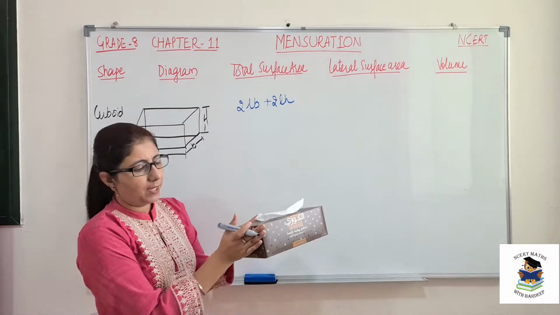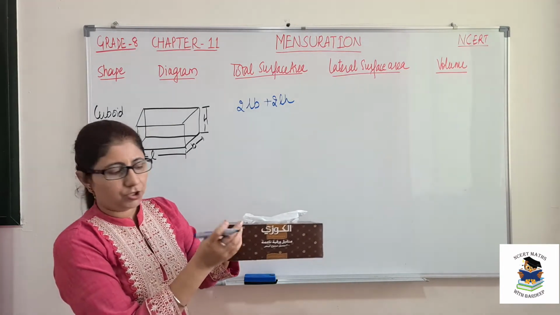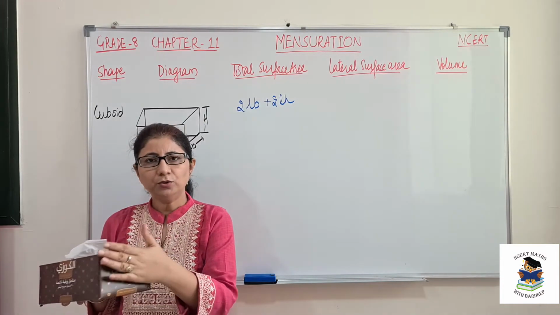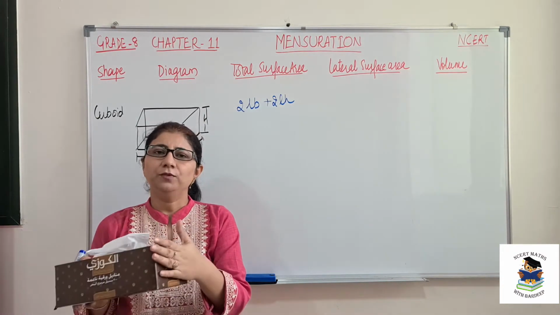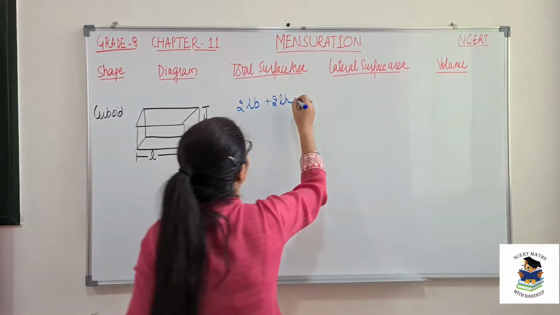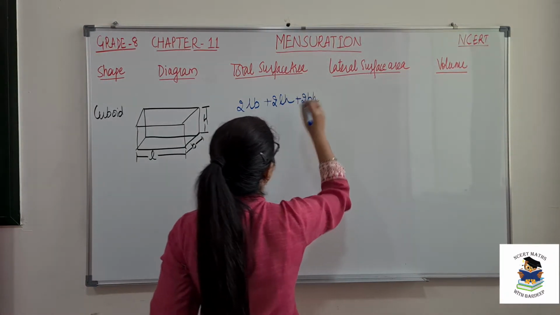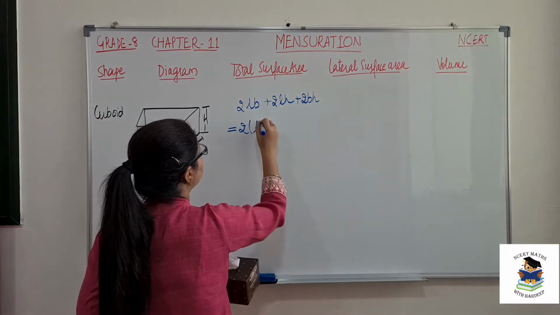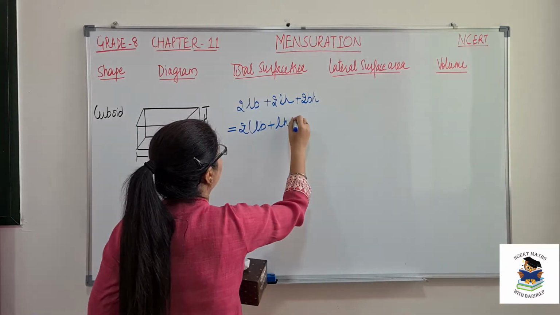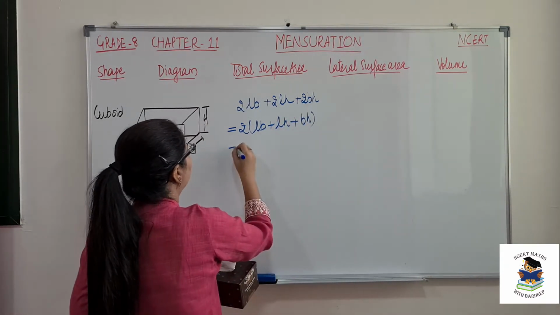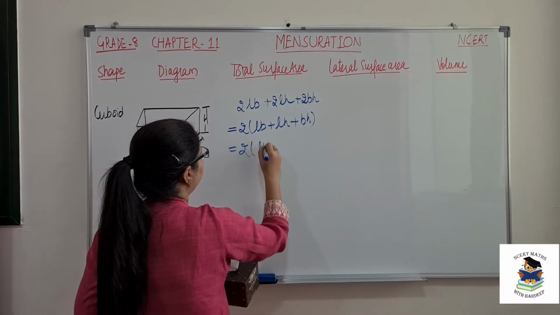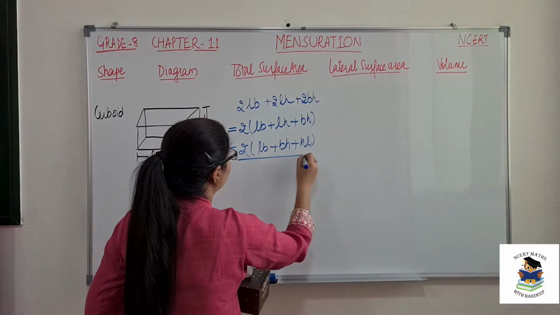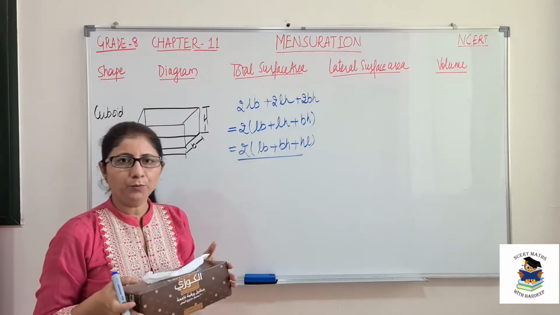Okay, so now let's see this part. This is our B and this is H. So the area of this rectangle will be B into H. According to the same rule, this rectangle will also have the same area. So 2 times B into H. So if we put it together, that is 2 times length into width, length into height and base into height. Or if we write it in a symmetrical way, L into B, B into H plus H into L is the total surface area of a cuboid.